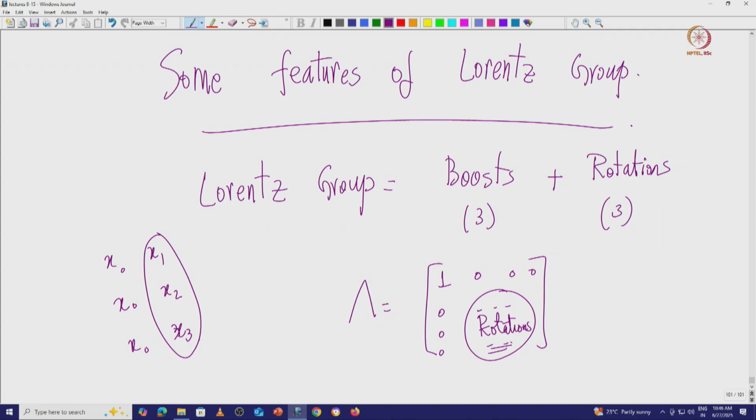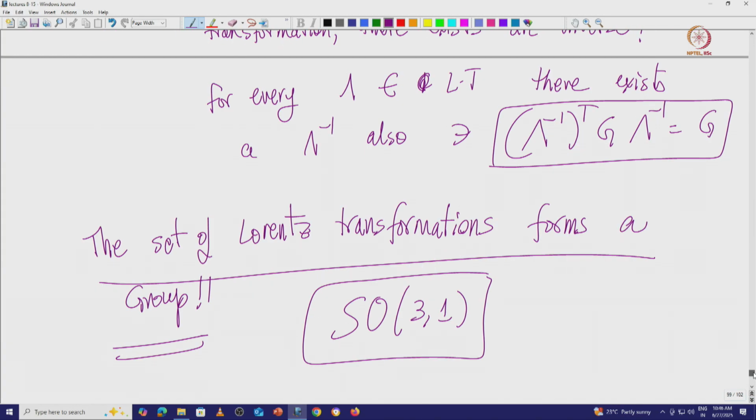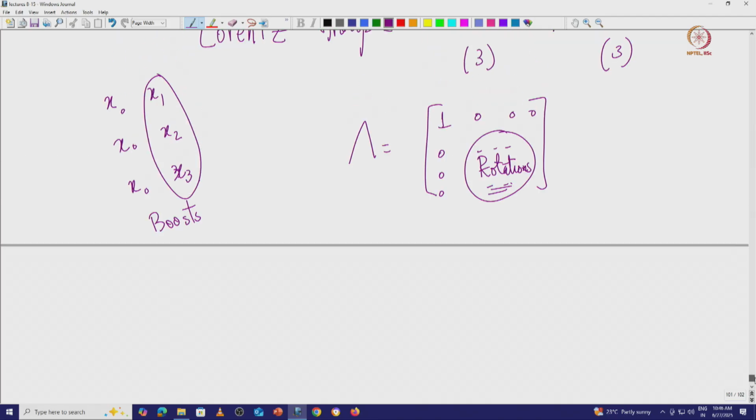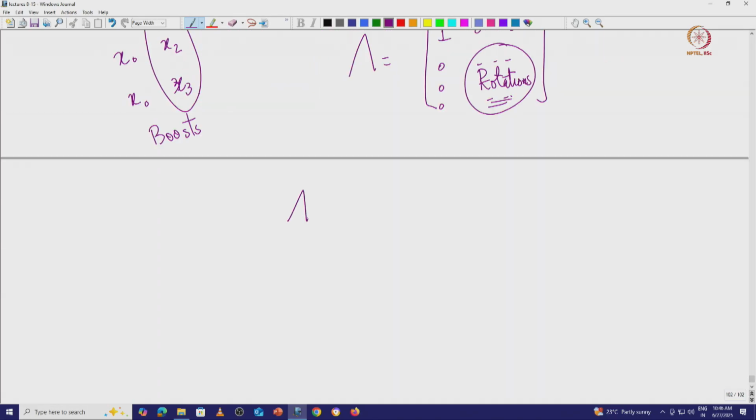You have boosts, which are 3. There are rotations, but then there are 2 discrete, not continuous, transformations which also leave the condition invariant, lambda transpose g lambda